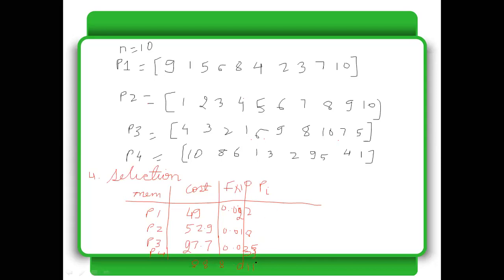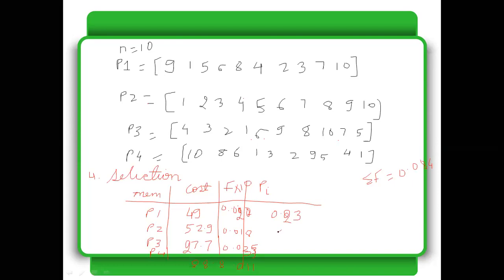अब हम इसकी probability calculate करते हैं, जिसके लिए मुझे sum of the fitness चाहिए. So sum of my scaled fitness values is actually nothing but 0.084 आएगा. So I can calculate the probabilities here, and these come out to be 0.02 divided by 0.084, and that comes out to be 0.23.